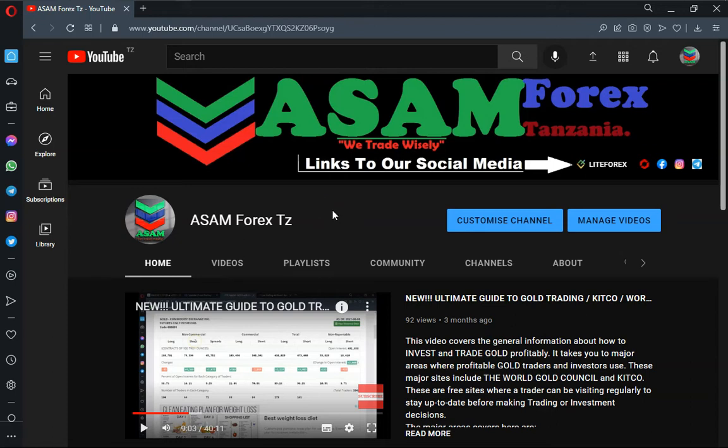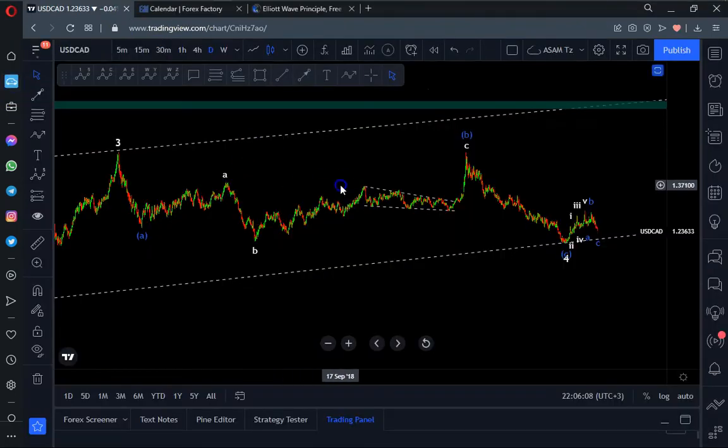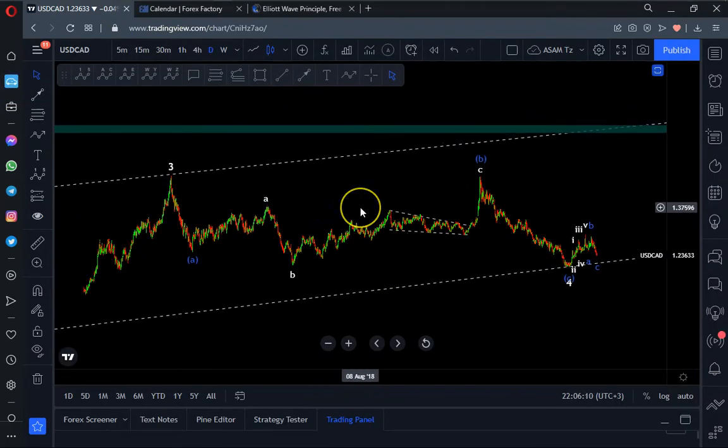And here is the analysis on USDCAD. I already shared analysis on gold, so if you have not yet watched it, you may watch it. It is actually a very recent video showing the projection for the coming week. So welcome to some Forex, and now I'm going to share analysis on USDCAD. I want to show you what we expect for the coming week.